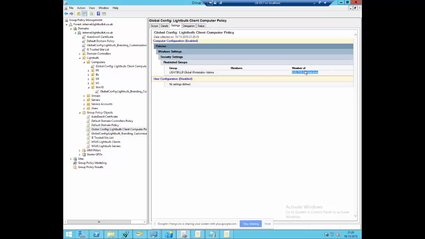And I think there's a recording that we have on YouTube that shows how to do this kind of group policy configuration to set local admins on different machines in your domain. So we've done that. So that account has local administrator rights on the